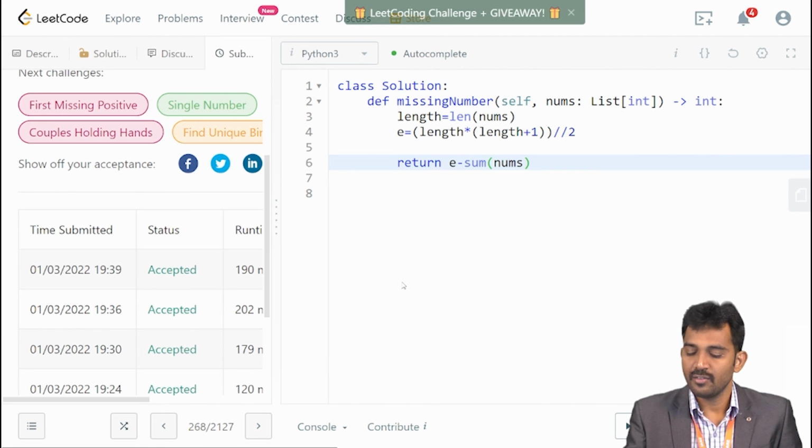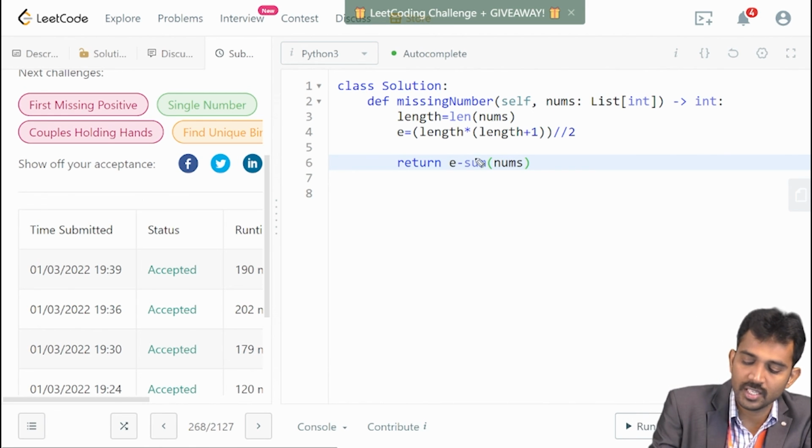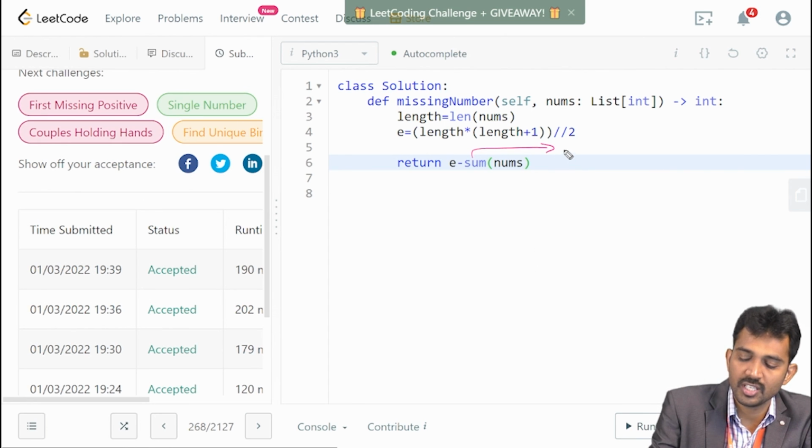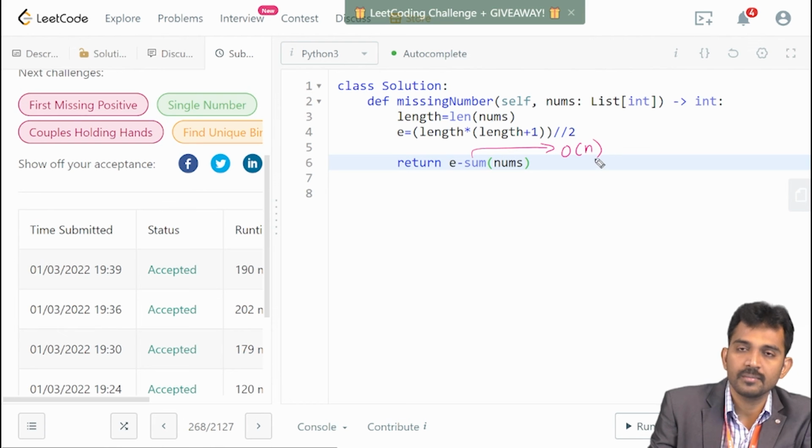But for your information, please note this. Here it uses sum, and the time complexity of the sum function is big O of n. Again, it has the same time complexity. Its time complexity is big O of n, and space complexity is big O of 1.